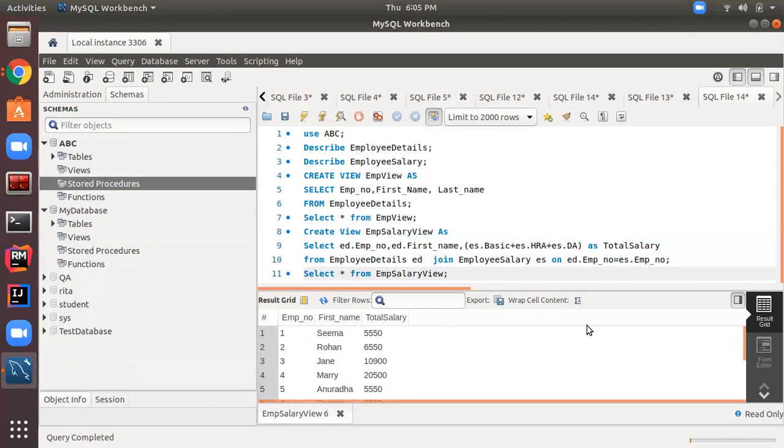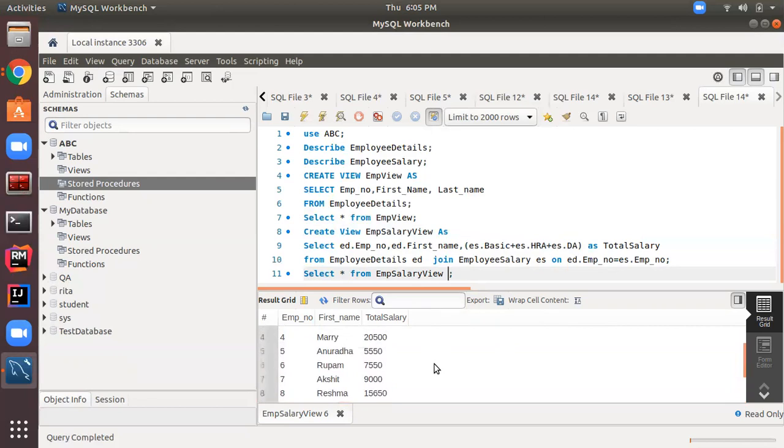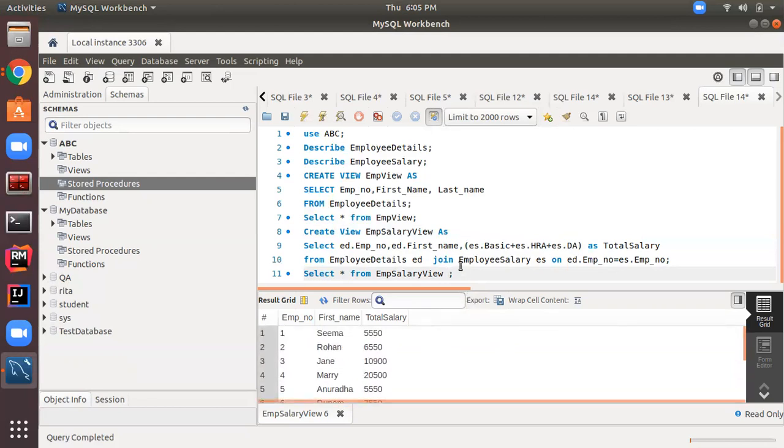Now suppose the accounts department wants the salary list of only those employees whose total salary is greater than 15,000. So we can simply modify it as where total salary greater than 15,000.